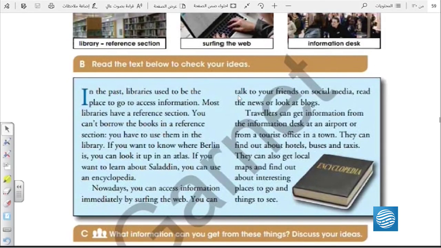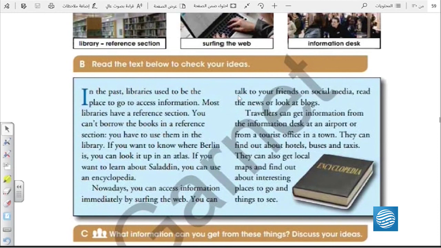So let's read the first paragraph together, and then know the meaning of the words in the paragraphs, and then we discuss the information later. Okay. So I will read it first by myself, and you listen only, and then I will read and you repeat. Okay. Very good. So I read only, and you are going to listen only.